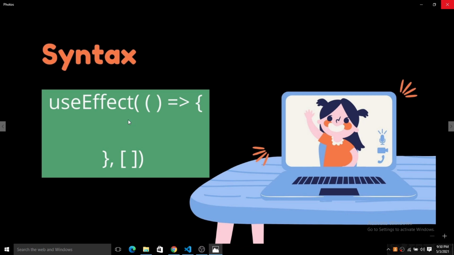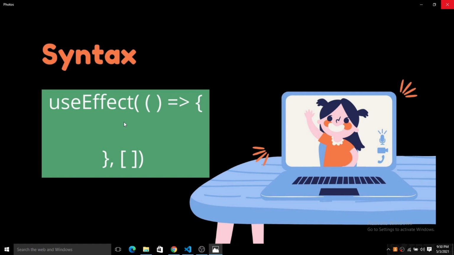So when there is a change in the state of this player, when the value gets updated for the player, then this useEffect will be called. It depends on the dependency, which is the player, and when there is any change in the player dependency, this useEffect will be called at that time. The number of times it changes is the number of times useEffect will be called. So basically this is the syntax here.